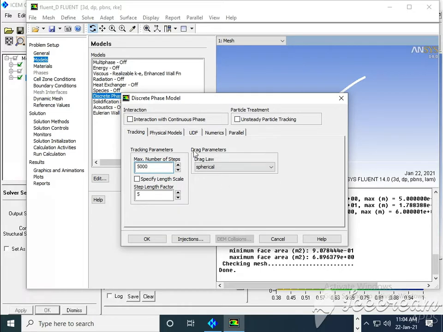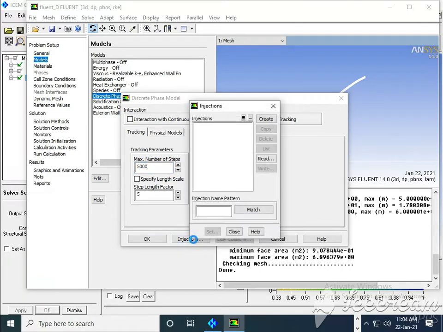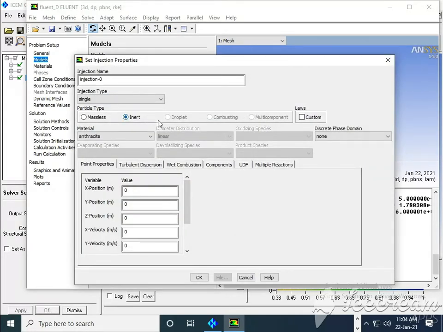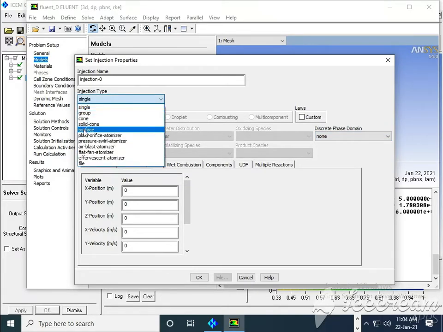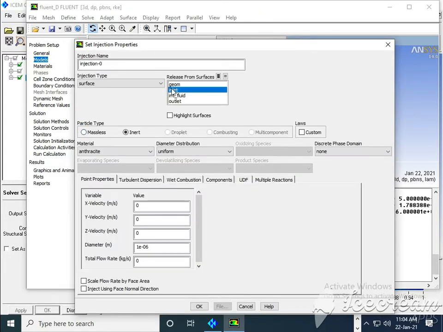Then go for Injection. You can create an injection here. You can create injection from surface, insert. For injection type, you can select surface. Surface is inlet. Okay, and here the diameter you can see is 0.001.